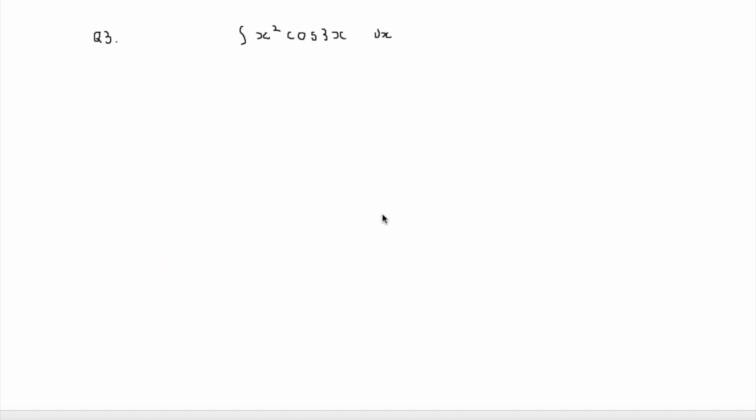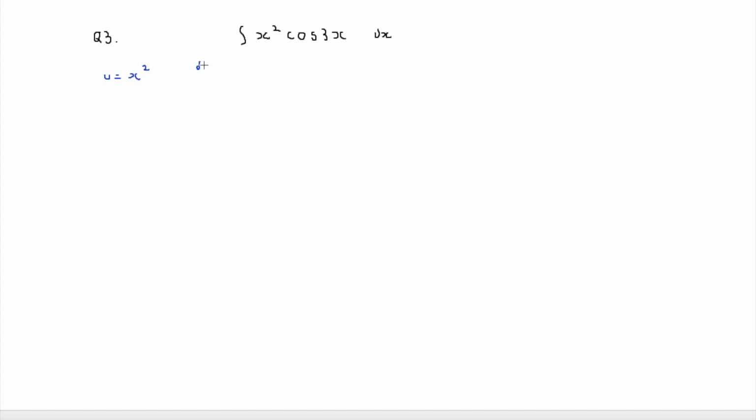So the next question is slightly more difficult because we're going to have to do integration by parts twice. And this is because we have an x squared which isn't going to differentiate to give a constant, but after 2 times it will differentiate to give a constant. So this one says x squared cos 3x. So therefore we are going to use u as our x squared, because if we used u as our cos 3x, it would never go into a constant. So therefore we say that u is equal to x squared,